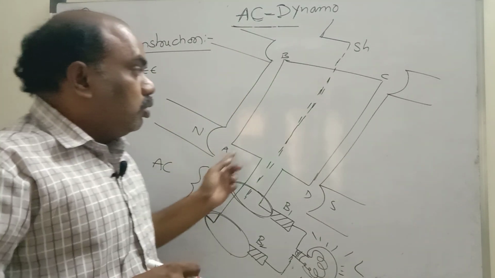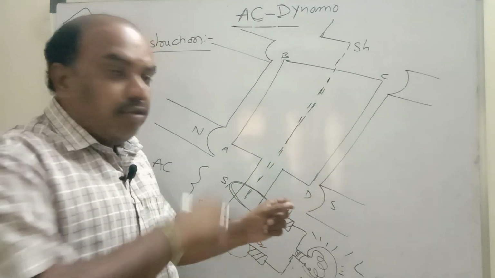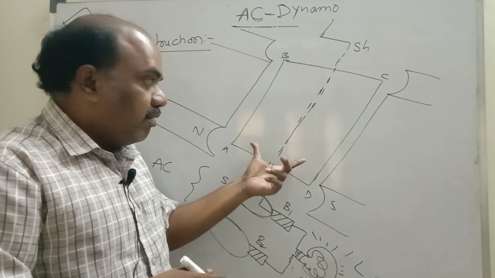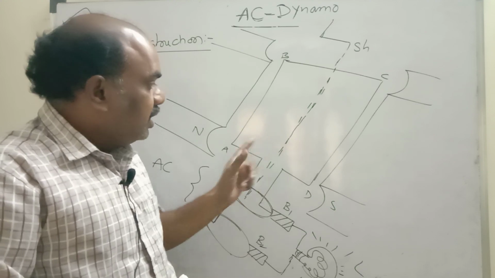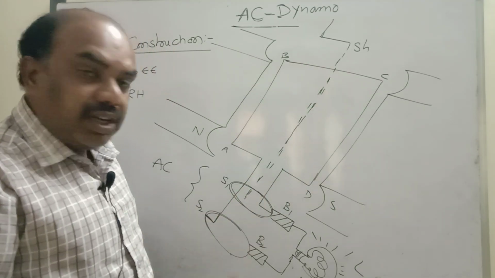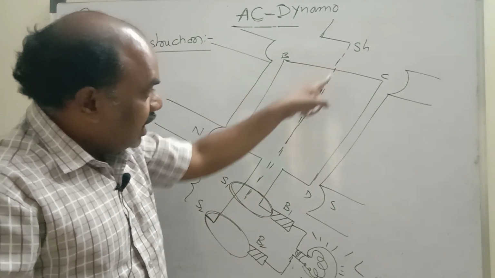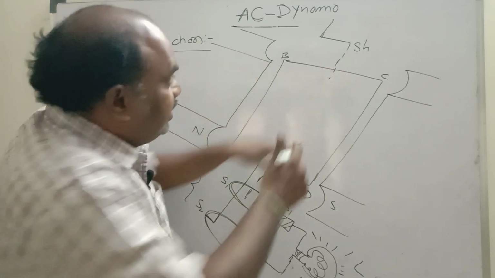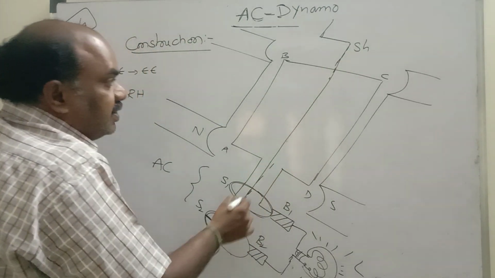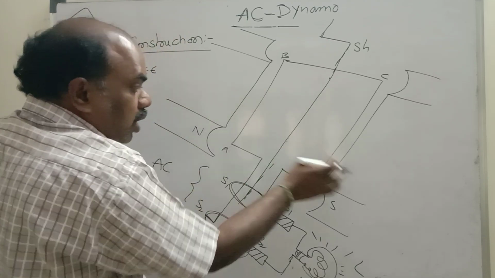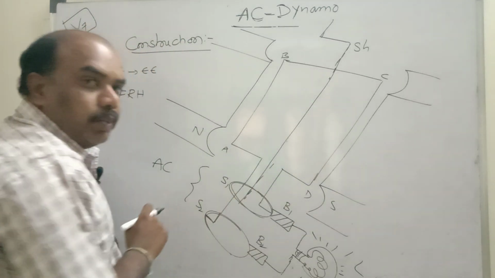Material required. To the rectangular soft iron plate, wind 24 gauge copper insulated wire, many turns, it is called armature. In this diagram, ABCD is the armature. This armature is mounted on a metal rod called shaft. This armature and shaft is fixed between two horseshoe magnetic poles, north pole and south pole.